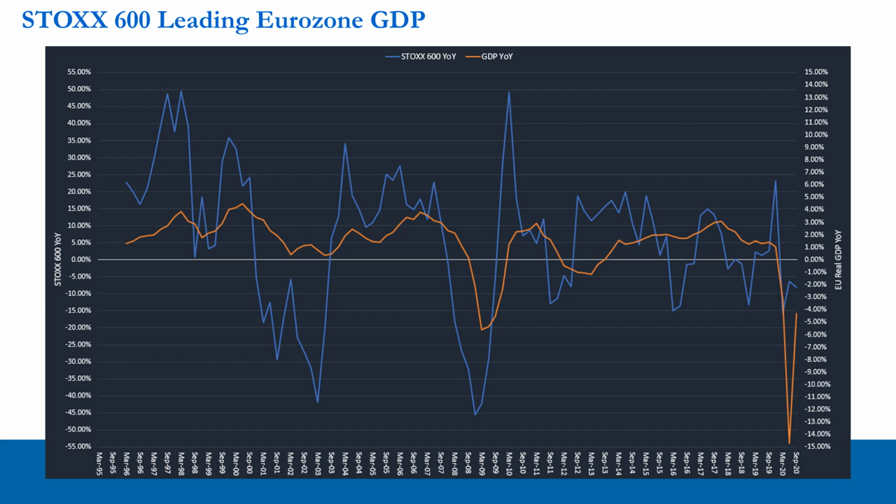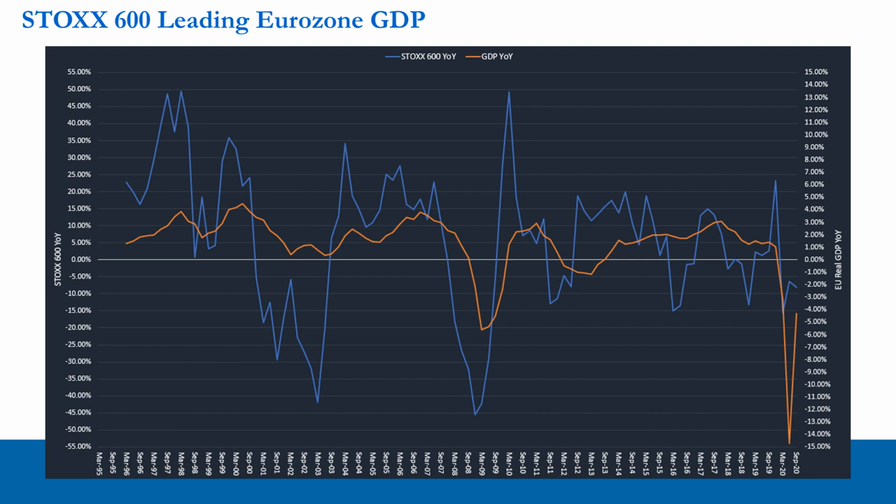So most notably, in the periods of the global financial crisis, you see the Stoxx 600 year-on-year percentage performance leading negative GDP growth in 2008. And then also in the 2011 period, we see the Stoxx 600 year-on-year percentage again leading negative GDP growth. And we can also see our other scenario, which is a quarter when the Stoxx 600 is reported down and Eurozone GDP is reported up. So this is our 0-1 scenario.